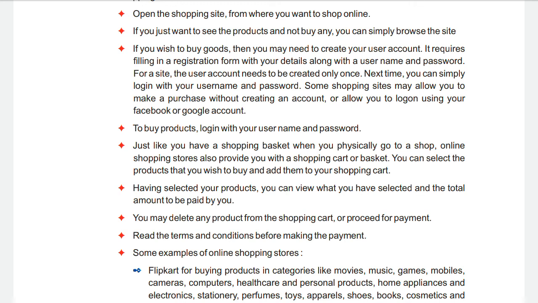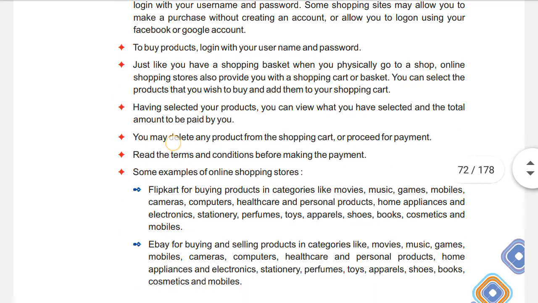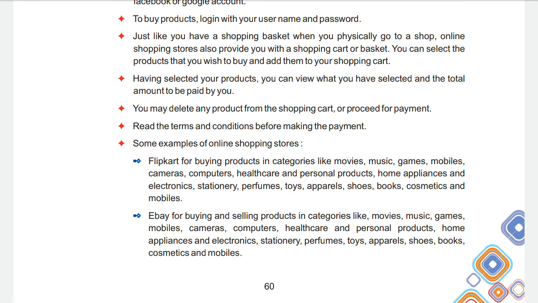If you are making an online transaction using a debit card or credit card, you must read all the terms and conditions carefully. Some examples of online shopping stores: Flipkart for buying products in categories like movies, music, games, mobiles, cameras, and many others you can see listed here. So these are from Flipkart, what categories Flipkart provides you.